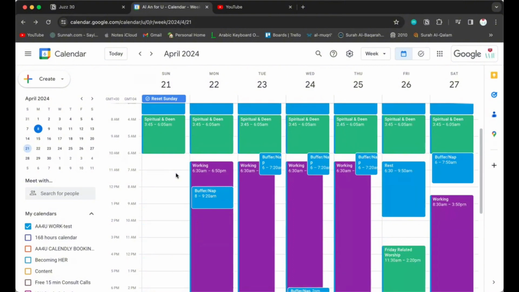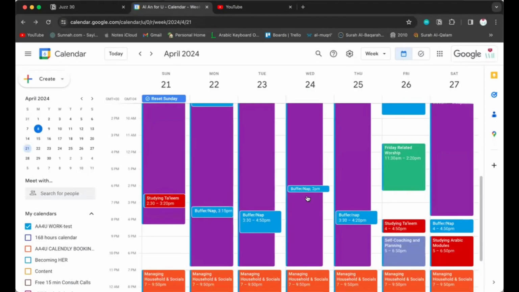So my first commitment on Sunday is at 7 a.m. and I finish at, okay, this is the one that is on Sunday now. So I have to rearrange something here, but it's okay.